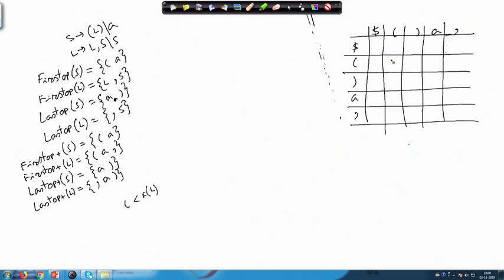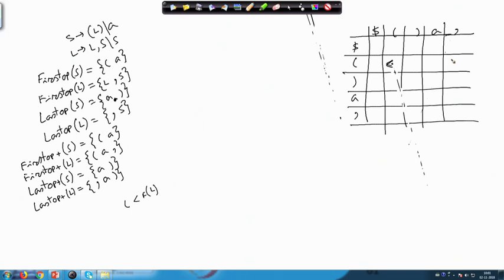So, open parenthesis should be less than open parenthesis, then we should get this less. First of L has got comma. So, comma should be less than open parenthesis, and open parenthesis should be less than comma.